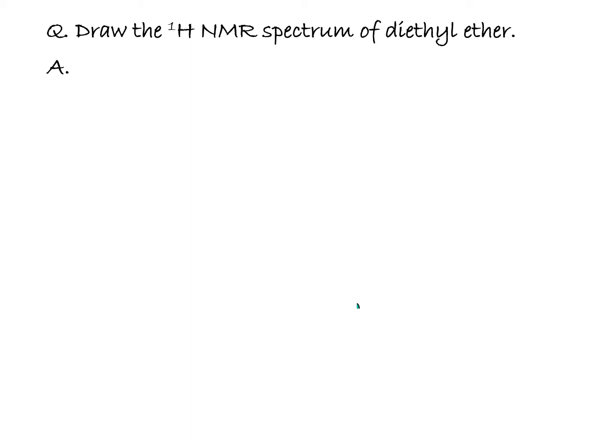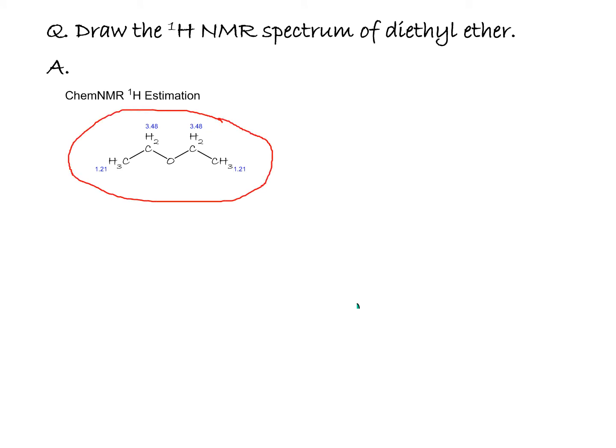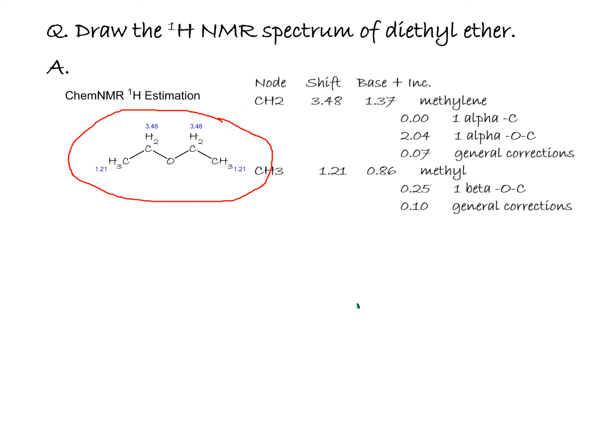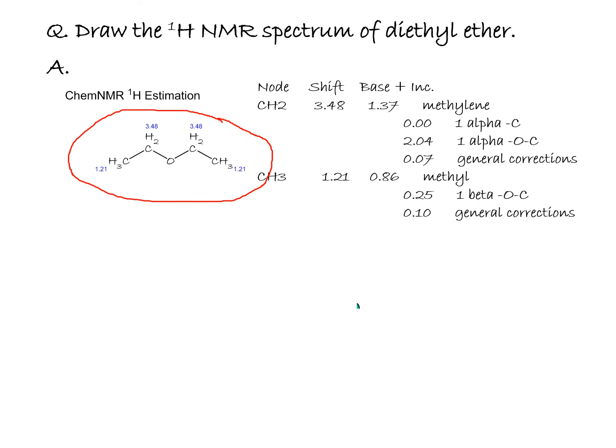Let me start the lecture by asking you to draw the proton NMR spectrum of diethyl ether. You will draw the structure and then submit the structure to any of the programs you use, or you can calculate it manually using the table as we mentioned in the previous lecture, or using the charts to get approximate values. Here the program is showing the methylene protons at 3.48 and the methyl protons at